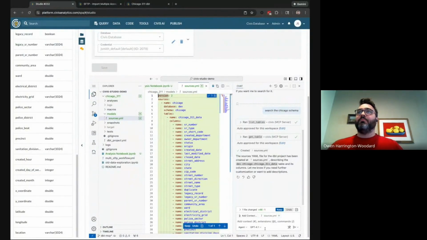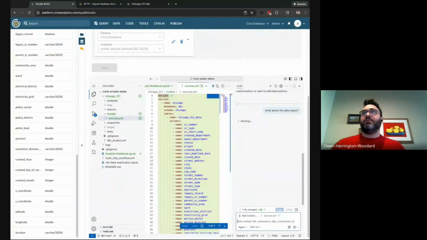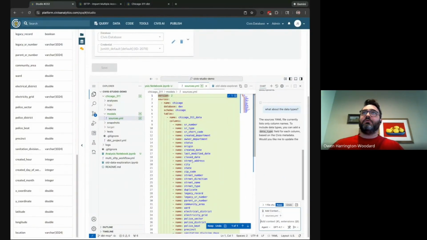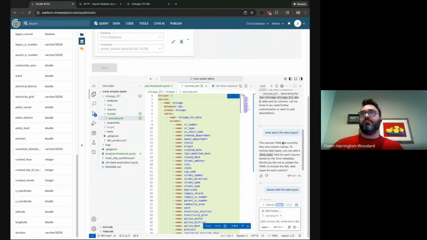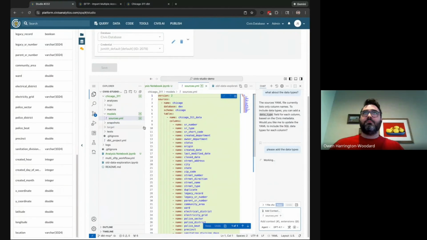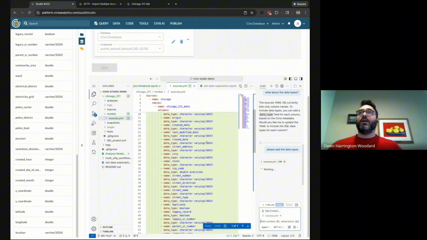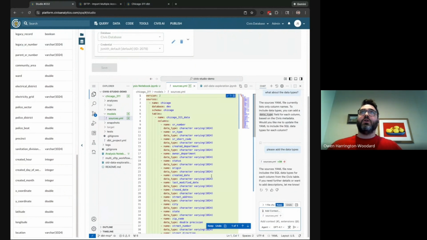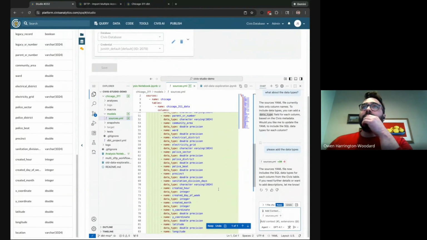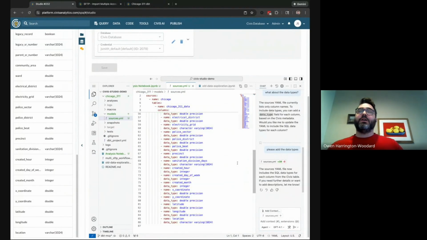This is pretty good, but what about the data types? So if it doesn't get the data types on this pass, we'll move on, but it looks like it did, so that's good. I'm also going to check, yep, okay, so it got the database name right. I'm pretty happy with this now, so I'm going to keep this.